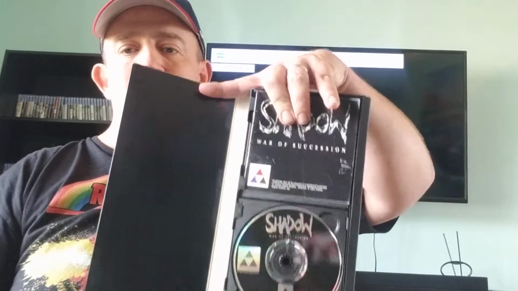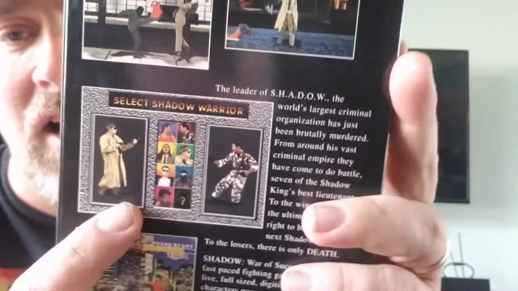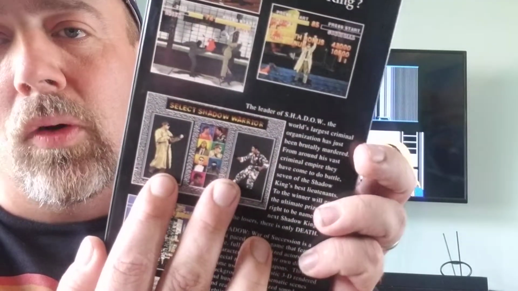This is almost mint condition. I got it for $25 on eBay. And the reason is because this game is horrible. I mean, look, digitized graphics. You can actually find a video on there that actually has these two fighting. It is one of the most, 3 minutes of the most horrible hit detection